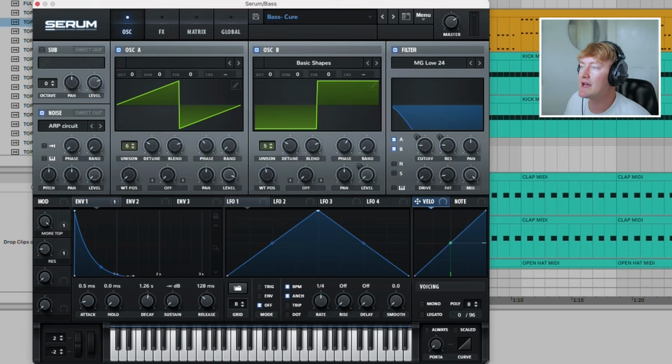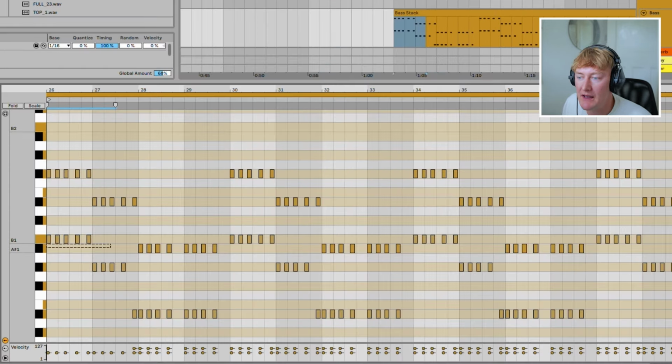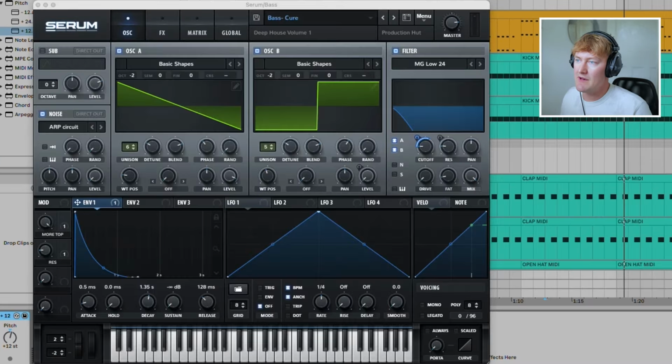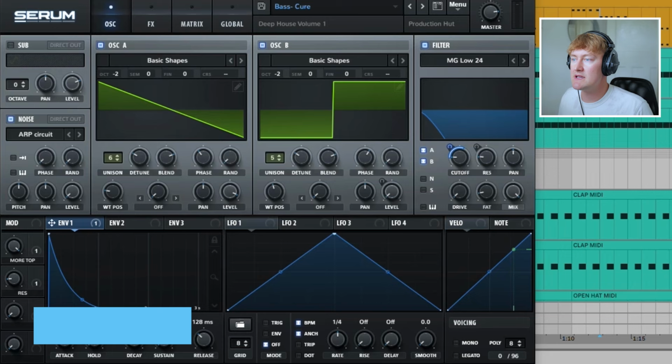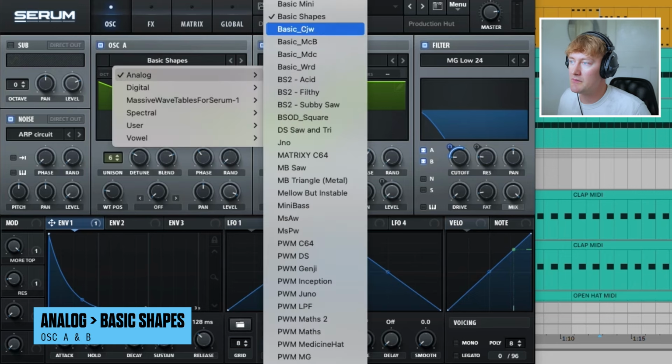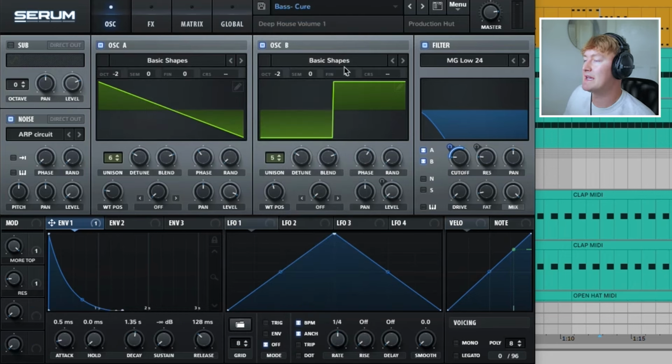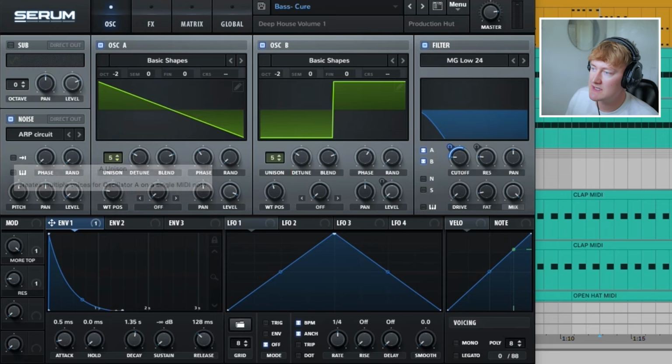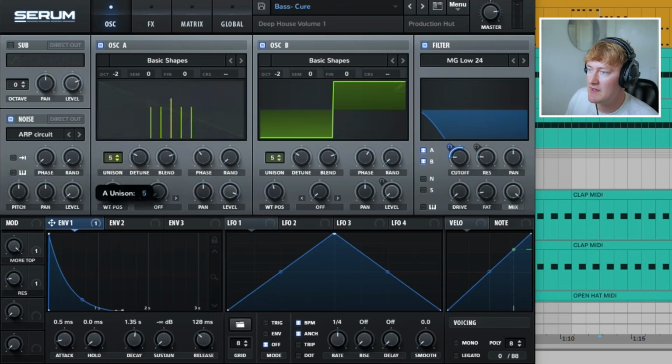Great, so yeah, the reason why it can sometimes sound better is because you've got both wavetables, so you can have a saw in here and a square in here, and it means they're both being played at the root note and the 5th. Great, so yeah, if we have a look at the patch, in oscillator A, we've got a saw wave, so you can find that analog basic shape saw, and in oscillator B we have a square wave. These are both pitched up in unison, so you've got 6 unison and 5 on oscillator B,